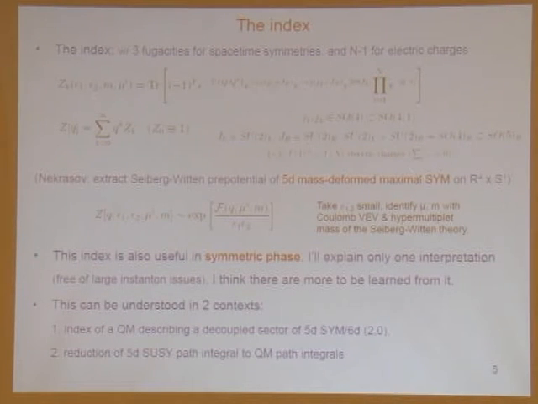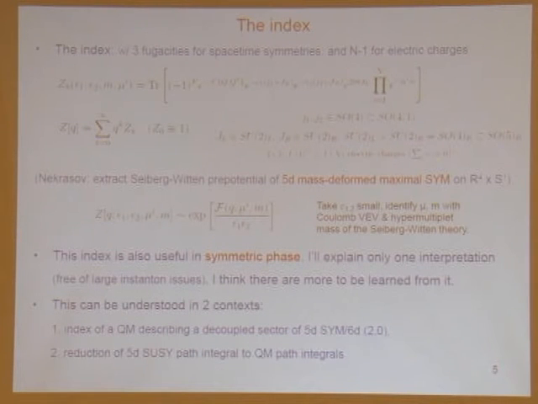But for us, the main purpose is to study the index information, the BPS states degeneracy information itself, so just 6-dimensional physics. By the way, what will be useful for later purpose is that in this Nekrasov's realization of this Coulomb branch physics, our electric charge chemical potential has to be naturally identified with the Coulomb VEV in the Seiberg-Witten theory, and some internal symmetry chemical potential, which I call m, has to be identified with the mass deformation parameter of the maximal super-Yang-Mills, where the mass corresponds to the parameter for the adjoint hypermultiplet if you decompose maximal super-Yang-Mills into 5-dimensional N=1 supersymmetry. Okay? So anyway,